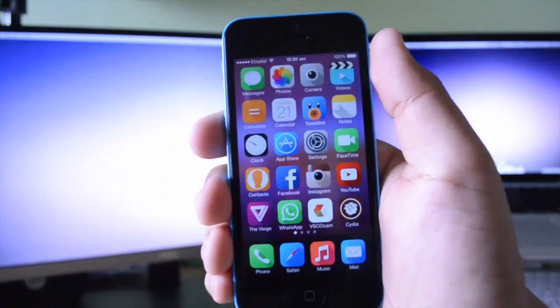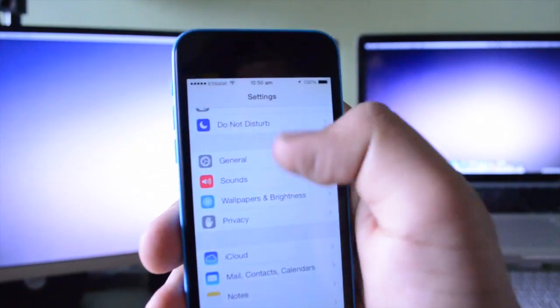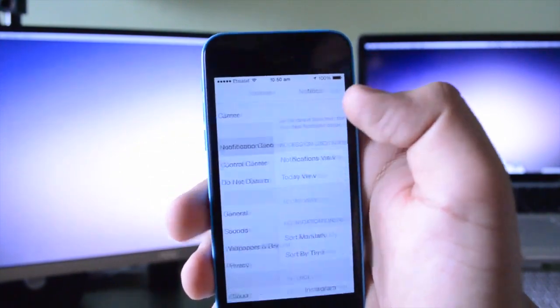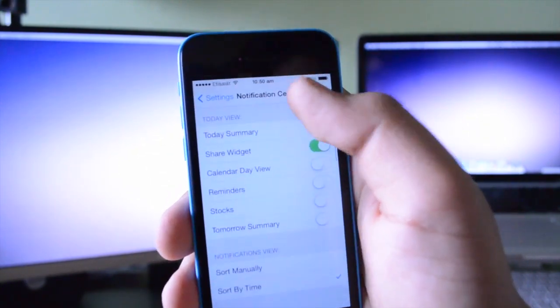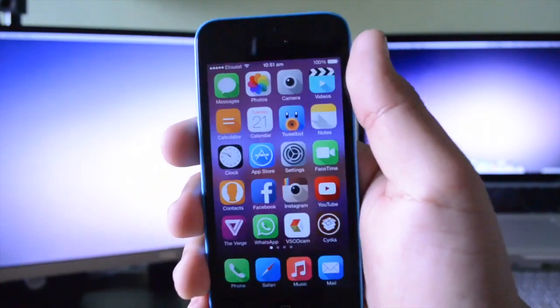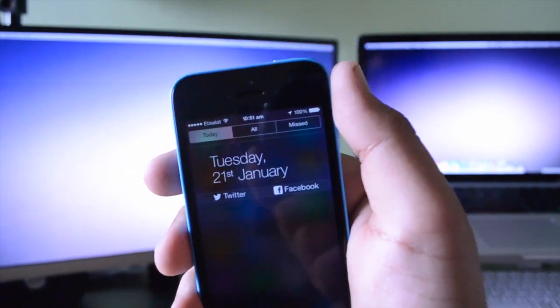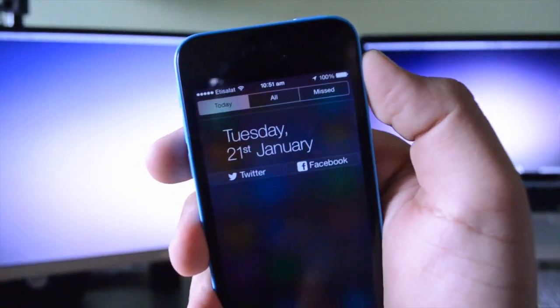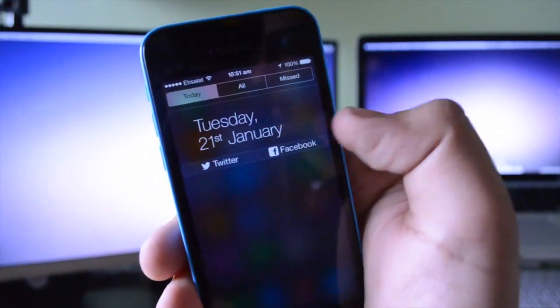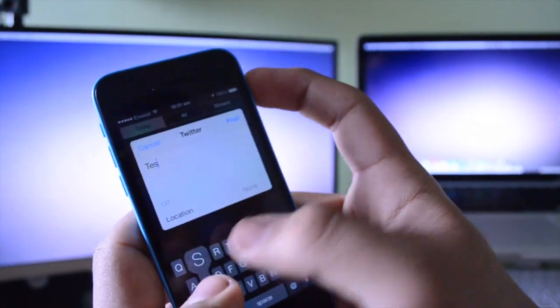Now what I'm going to show you is that after you enable this, you would have to go up into your Notification Center settings and actually enable it. As you can see here, ShareWidget, you have to turn it on if you don't already have it on by default. But once you do, as you can see, when I bring down my Notification Center panel, I do have a Twitter and Facebook button to tweet or to post to Facebook. And basically what I could do is